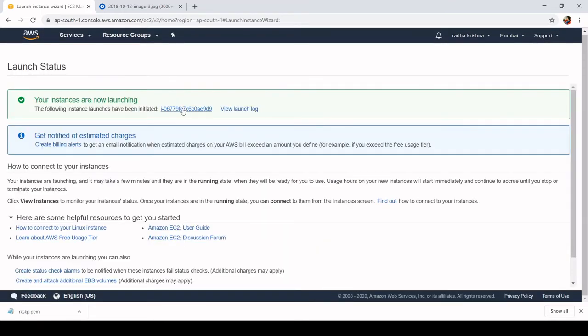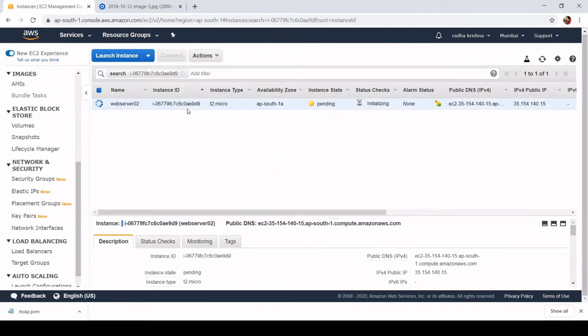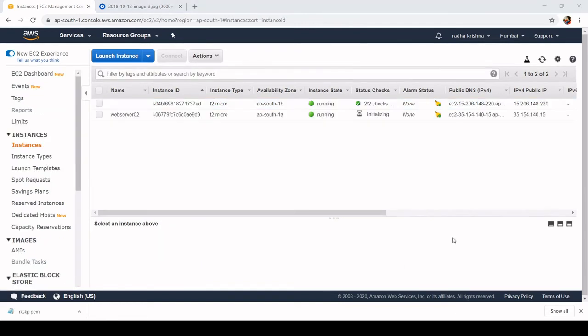Now you can see the instance in the EC2 dashboard by clicking there, and you can see web server 2 is being deployed, and we have to wait until the security status check completes. So I'm pausing the video.